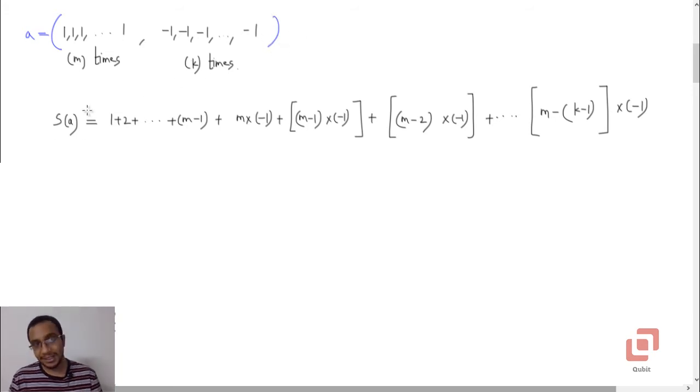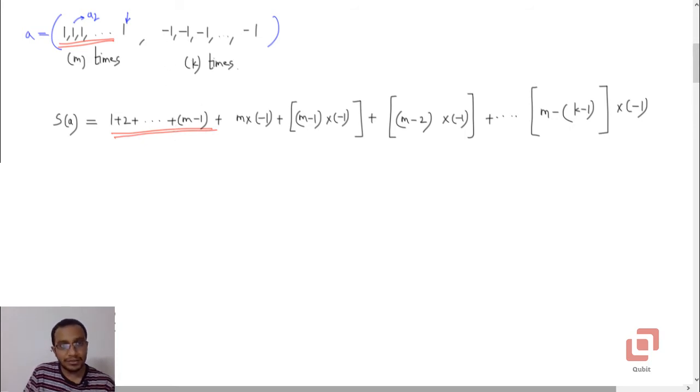Now what is SA? You have to start with a2, remember. So a2 into a1 will be 1, a3 into a2 plus a1 will be 2, and you will continue this till this one. So there are m minus 1 ones before this one, which add up to m minus 1. So as far as this particular portion of the sequence is concerned, the corresponding part in SA will be 1 plus 2 plus 3 plus 4 till m minus 1.